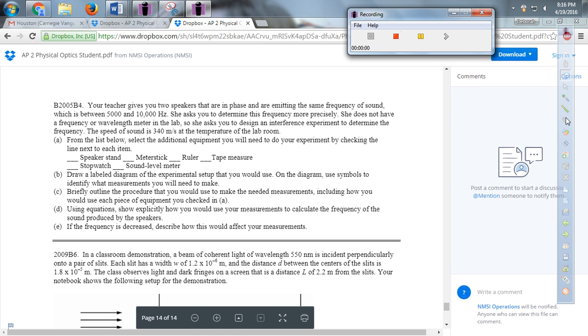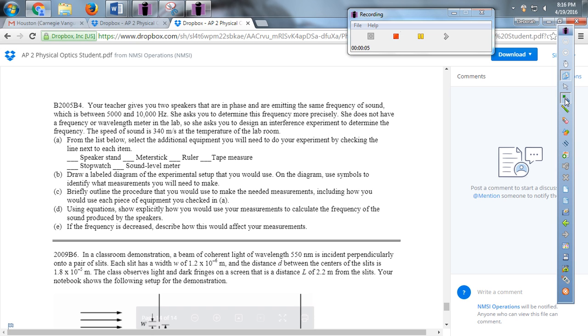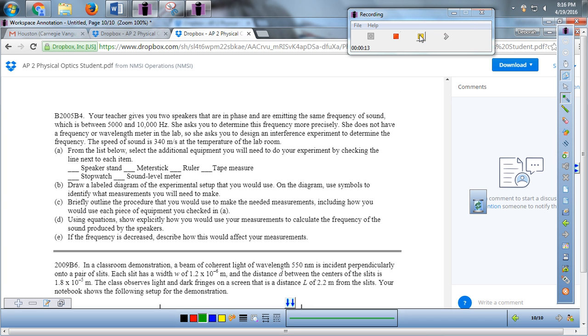Okay, I believe we are on the last two for the physical optics. So if I can get this to let me use my pen. Okay, now it's cooperating. All right, it says, your teacher gives you two speakers that are in phase and are